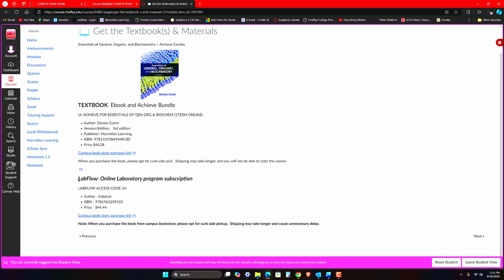Apart from the textbook and Achieve bundle, we will also need an online lab program subscription. The name of this platform is LabFlow. This subscription costs $44.44 at our campus bookstore. When you purchase this access code, it will come as a scratch card. You will need to scratch it to receive a 16-digit access code which can be redeemed when you register for this